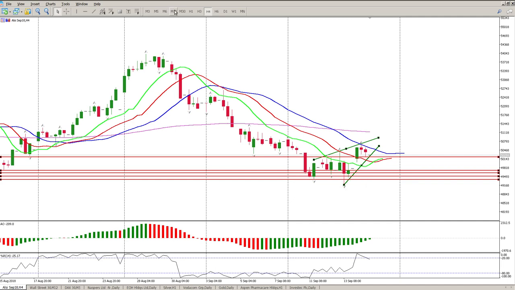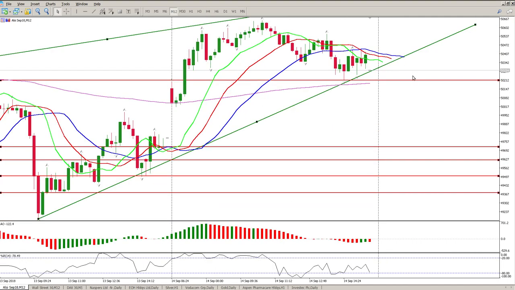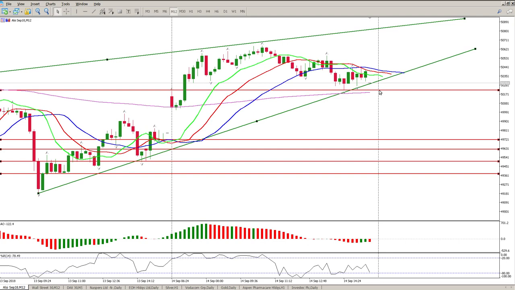Okay, so for today, looking for shorts, and we're looking for shorts on the gap down, a bit of a retest, any sort of consolidation on the retest, then you're looking for shorts. And obviously, first looking for the gap close, 49,720, and then ultimately looking at 49,500. Okay, so that's kind of my take on the Aussie today,